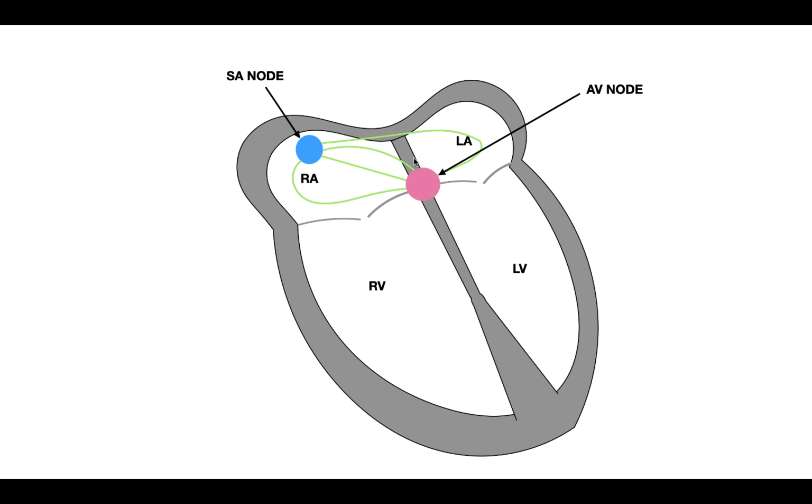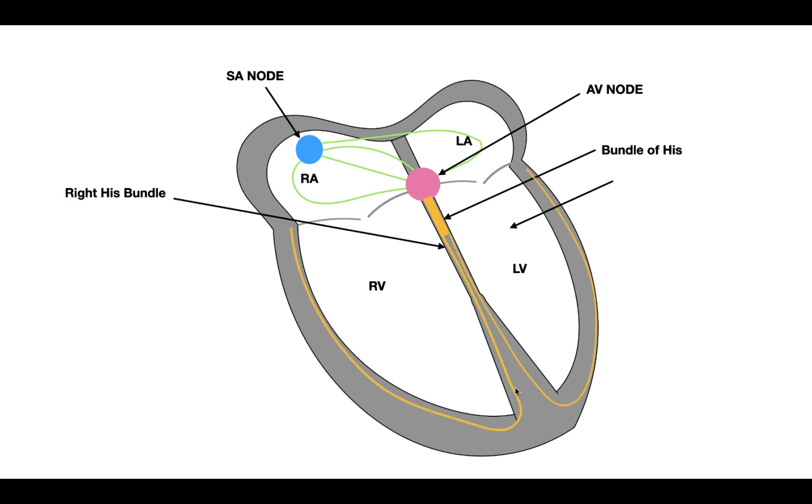Now from the AV node, the signal is going to move down the bundle of His. So the bundle of His will then take these action potentials and move them down the septa through the left and right bundle branches. So you have the right and left His bundles. So the signal moves from the AV node down these right and left His bundles. So from the right and left His bundles, we have these Purkinje fibers. These Purkinje fibers are basically little branches of cardiomyocytes that will transduce the action potentials into the ventricular